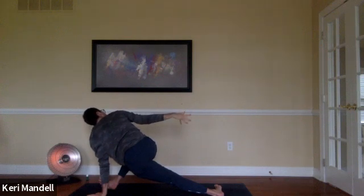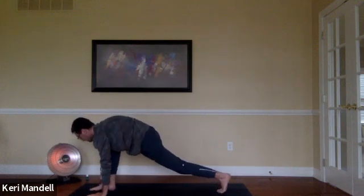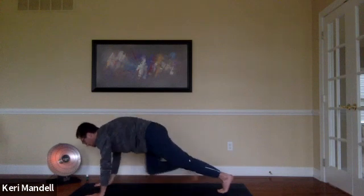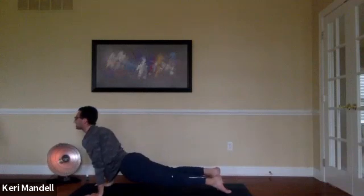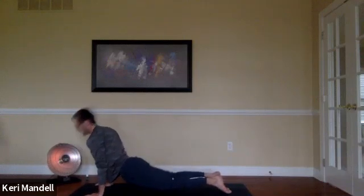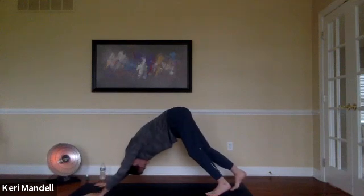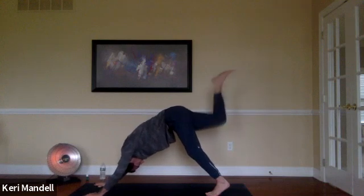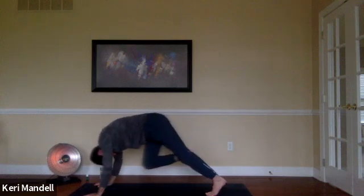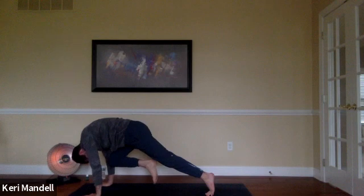Take a breath in. Exhale, runner's lunge brings you back. Take an inhale. Exhale, high to low plank. Step back, move through your chaturanga. Inhale, upward facing dog. Exhale, downward facing dog. Inhale, lift your right leg high. Exhale, right knee to nose, hold here. We take our knee towards our right elbow, then back to your knee. We take it right, center,